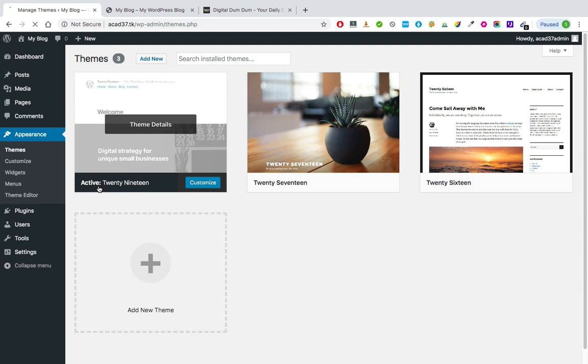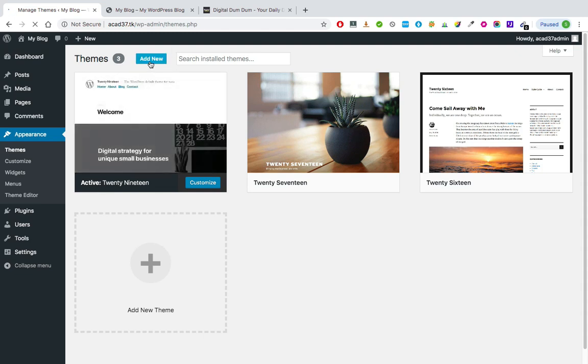Now if you want to add a new theme, there are two ways. One is you can go to add new and you can use a free theme. Additionally, you can go to websites like Theme Forest and Elegant Themes. You can purchase themes and upload it over here. First, let me show you how to add a new theme for free. You'll select add new,